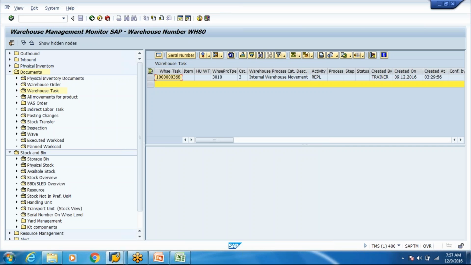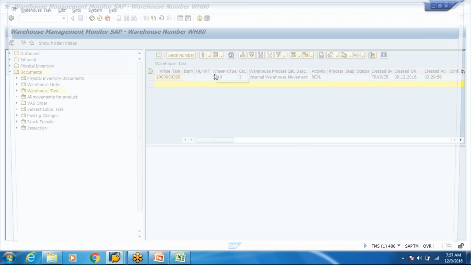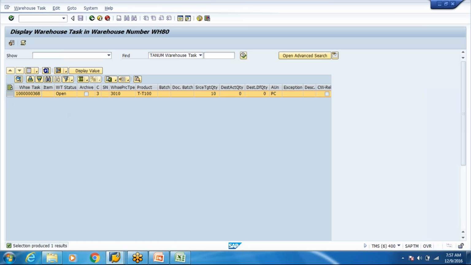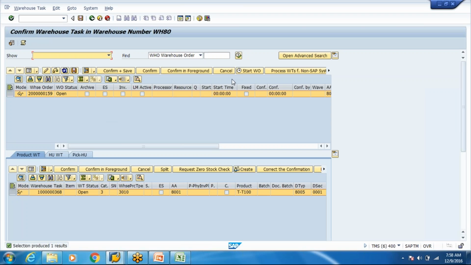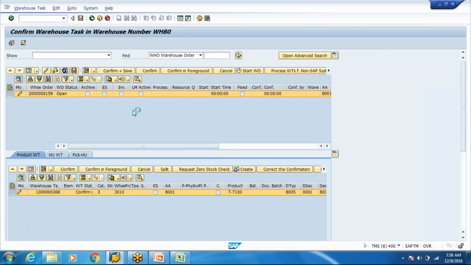So this task, when you see it, is a replenishment task from 3010, 8001, the stock is moving into 005, the fixed bin that we have assigned, and the quantity is 10. Okay, this is how a replenishment will be carried out. A task is created like we normally confirm a task. We will confirm this,